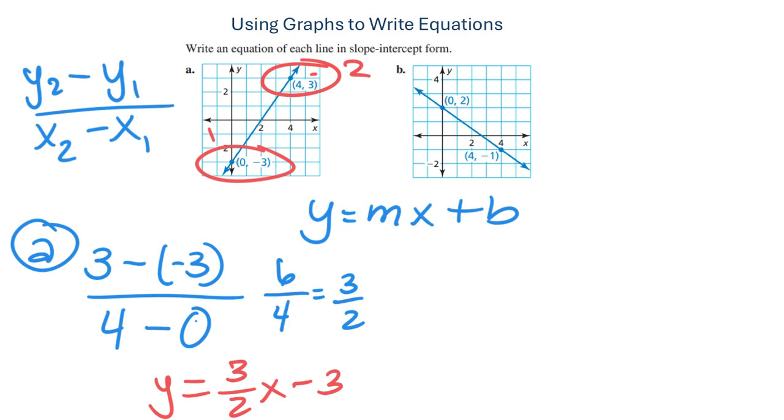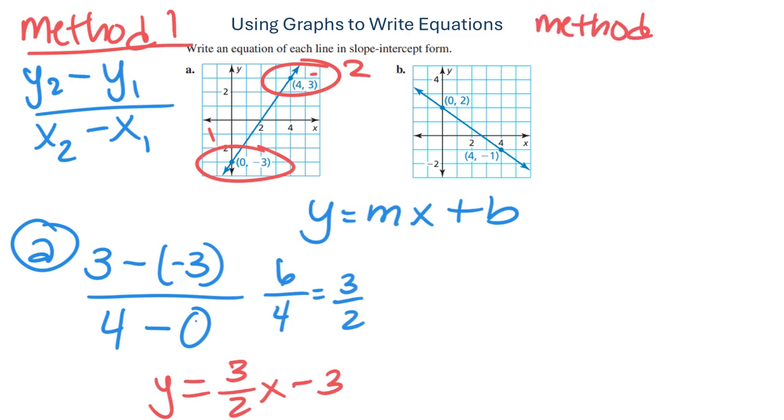So this is one method of using what? Plugging in the ordered pairs, right? Method 2 is when you're given the actual graph. You count your rise over run, okay? So if we look at B,